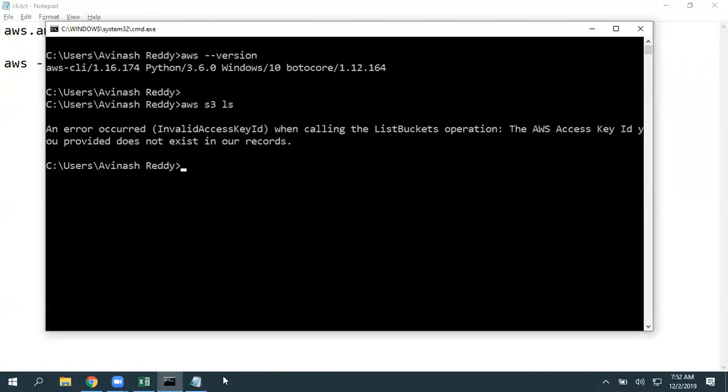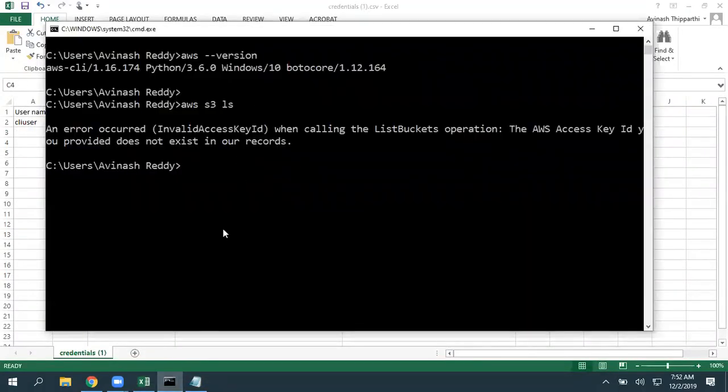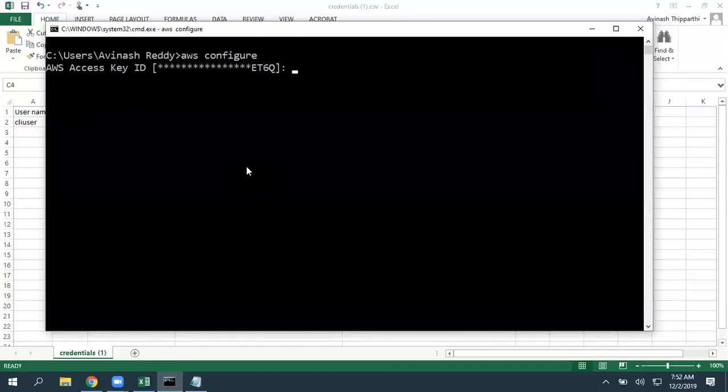So here are the credentials we have. Now I'm going to configure this user. To configure any user, aws configure is the command. Then click enter. It asks for the AWS access key ID.